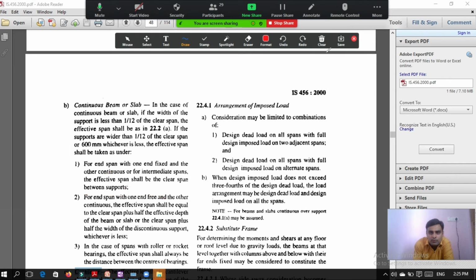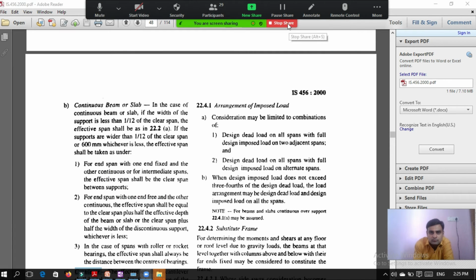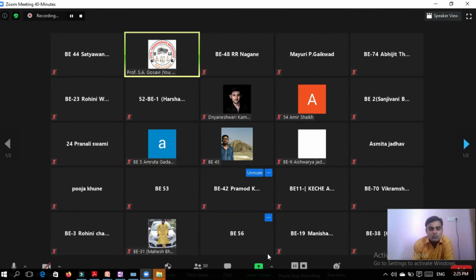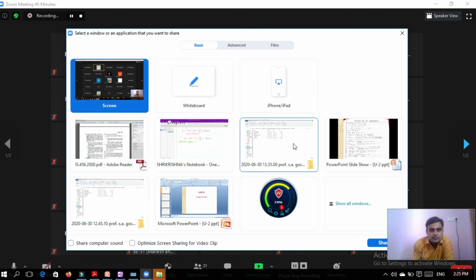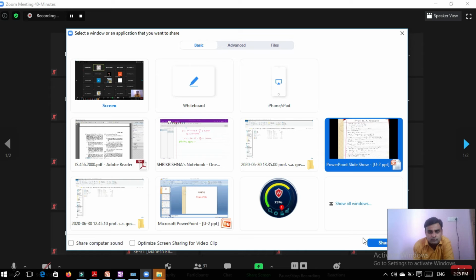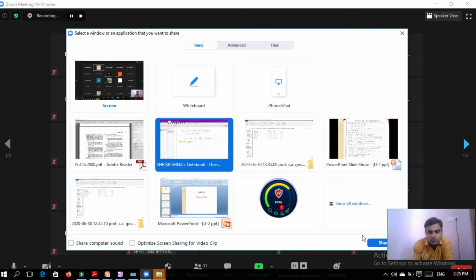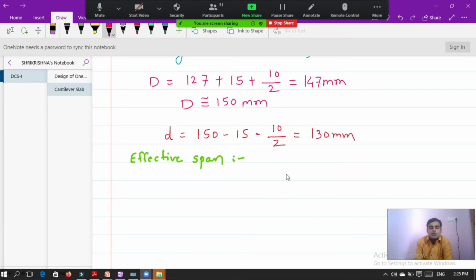So now we will move to our slides. Now effective span. We will calculate the effective span from clause number 22.2 C, page number 34.